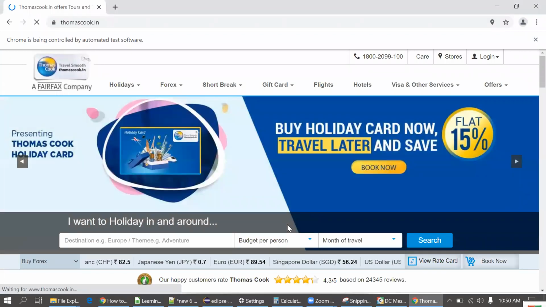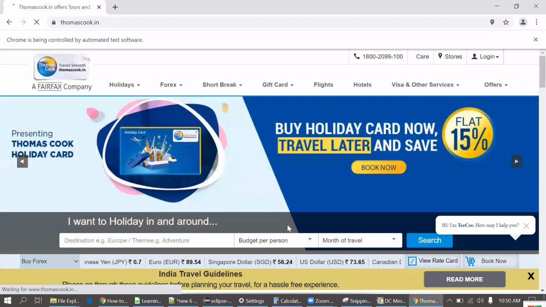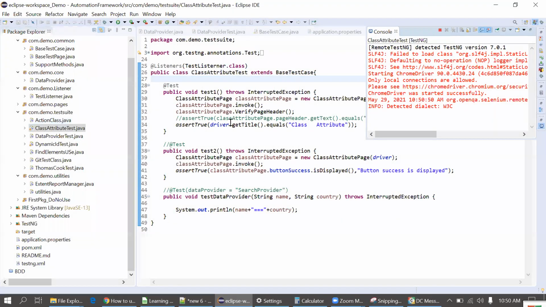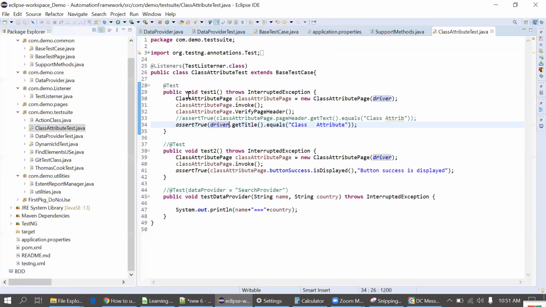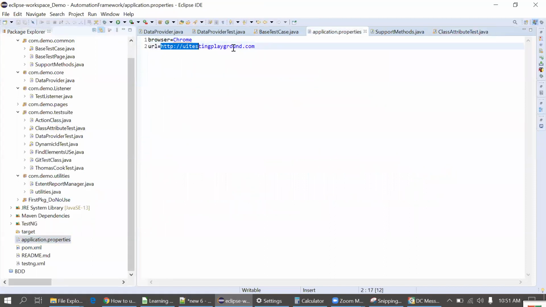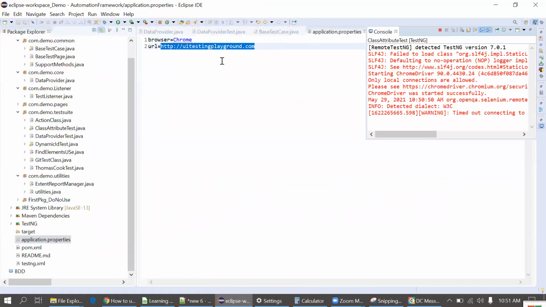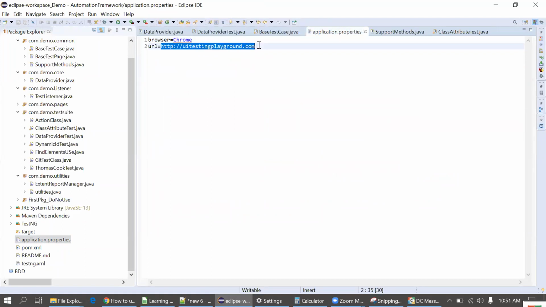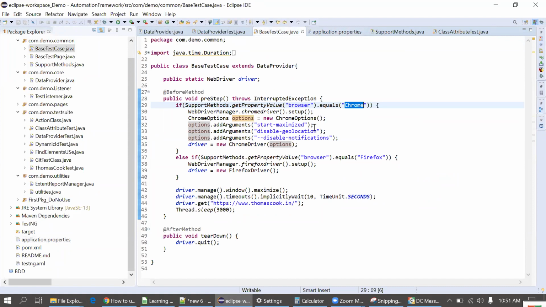I've given the wrong URL. It will not work, sorry guys. I'll change the URL first, then I'll execute it again. This also I will code for the URL as well. First I have coded for the browser. So we'll go to the test case again. Where is the URL? Yes, here is the URL.